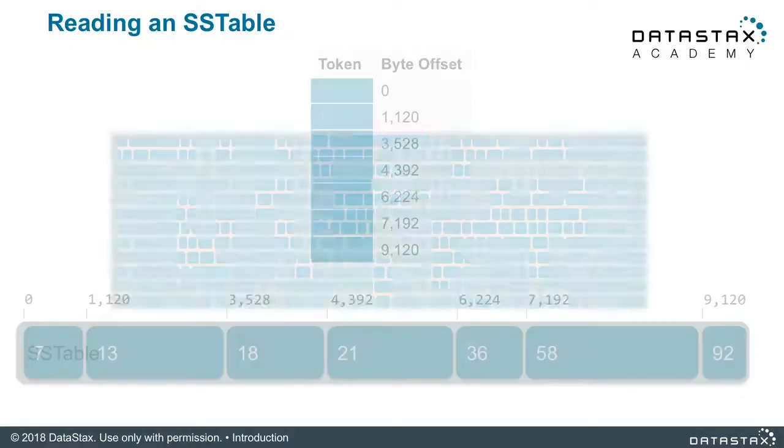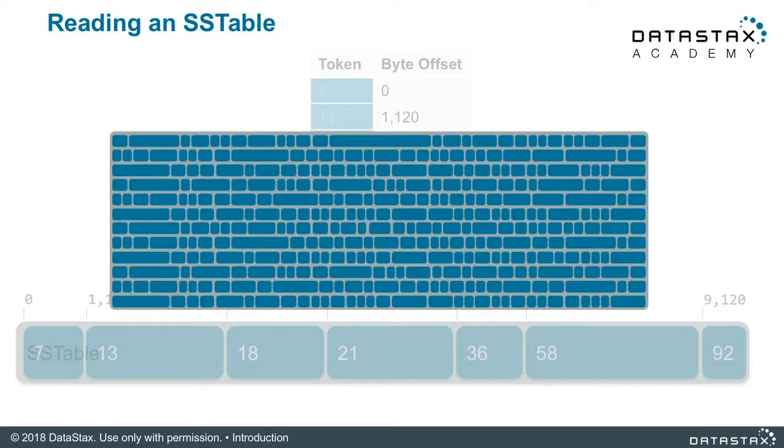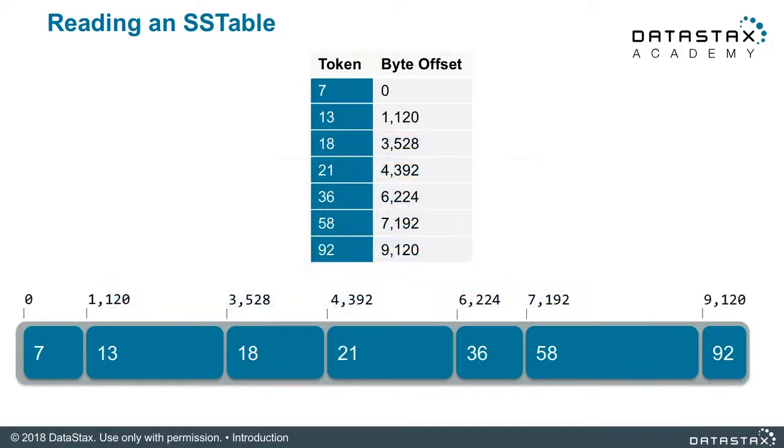Now this is fine and dandy, except SS tables can have several partitions in them depending on your data model. And some of these partition indexes can get rather large. Thus, they're actually stored on disk instead of in memory. So what Apache Cassandra actually does is build another index on top of your partition index. This is called a partition summary. The partition summary resides in RAM.